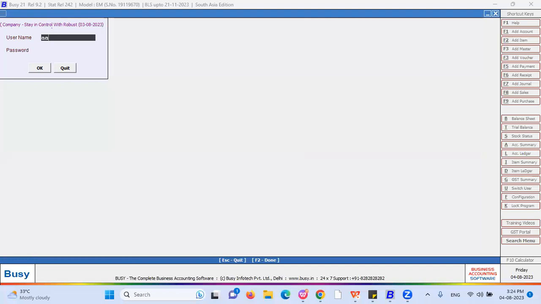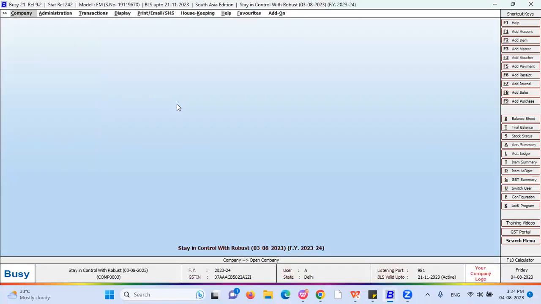Other than this, in Busy, we have user binding. Why is it required? Let me clarify. In most cases, the admin user decides that a particular user wants to work on a particular computer itself. They don't want to work on any other computer. They have to work only on that computer, because in a company or a big organization, they have various departments and certain rules and regulations. One person cannot use another person's computer. In this type of scenario,